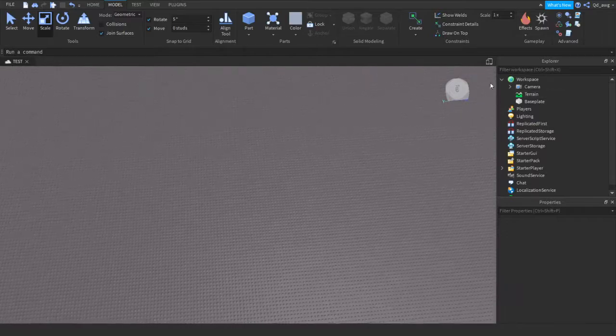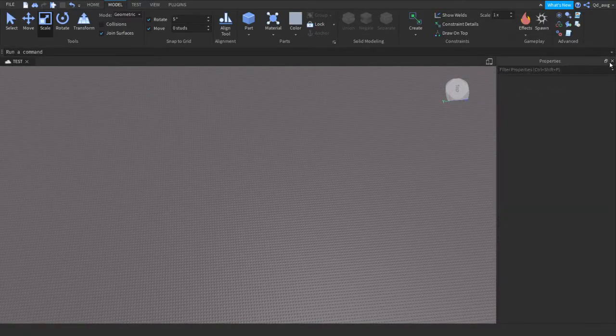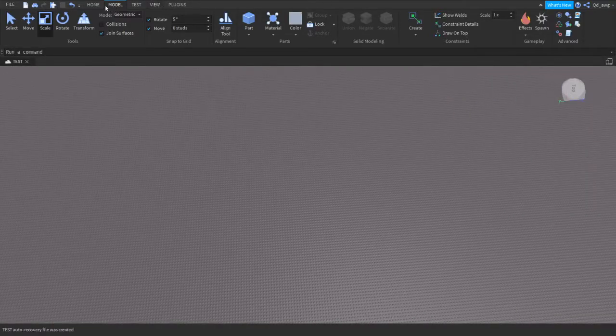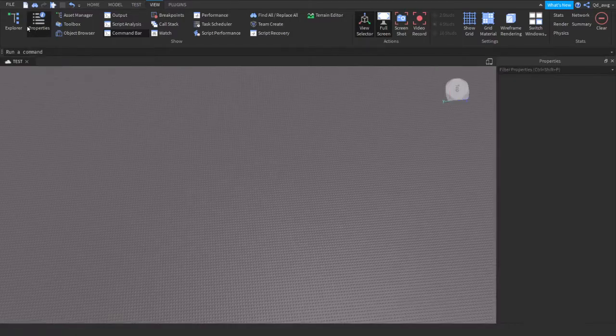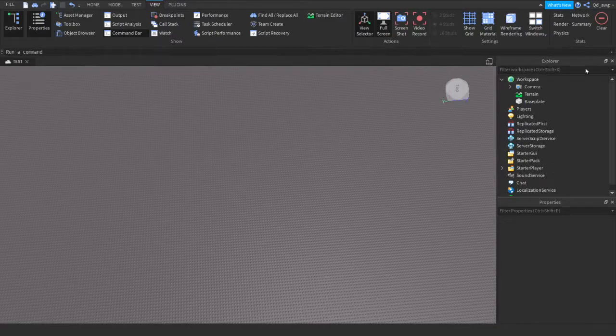The next tip is window stuff. So up here, if you go to view, you see Explorer and Properties. These might not be open for you, but what you want to do is click them open. And now these might be anywhere. They're probably not over here. If they are, that's good. But make sure Explorer is up here and Properties are down here, because what you're going to want is